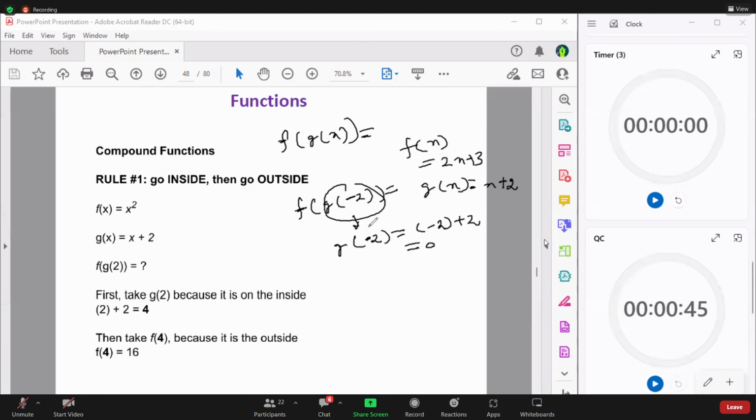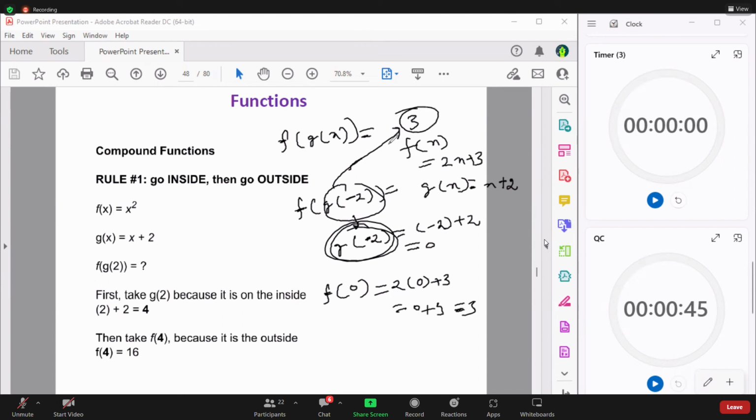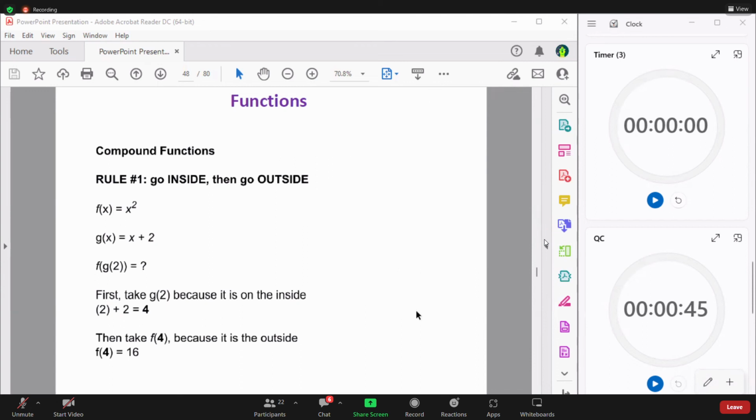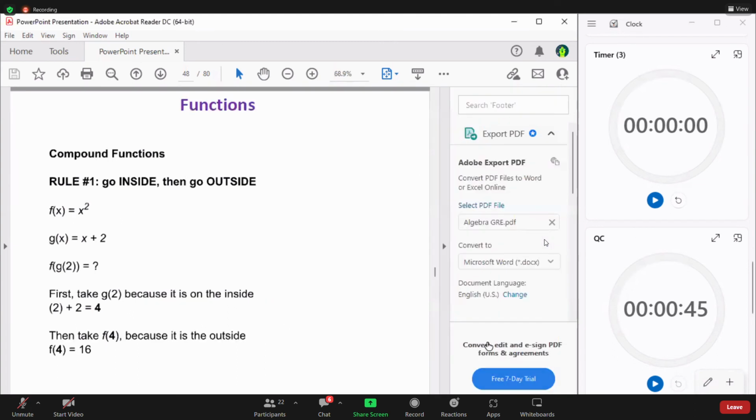Then, since you've gotten the answer for g of -2 as 0, you substitute the value here. This becomes 2 times 0 plus 3, which is 0 plus 3, or 3. So f of g of -2 would be 3. This would be the answer. That is all you have to understand about functions. Now we'll